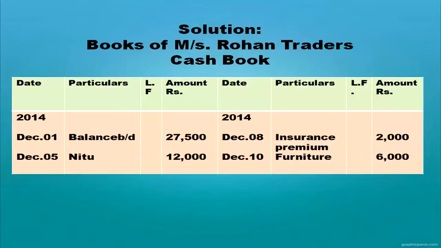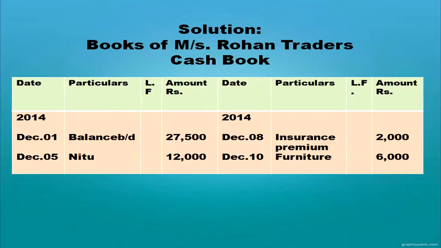See how it is coming in the cash book. Opening balance, date and amount in the respective columns. Cash is received from Neetu, so "To Neetu" on the debit side of the cash book, with date and amount in the respective columns. Insurance premium paid. It is an expense. Payments go on the credit side of the cash book, and date and amount in the respective columns.